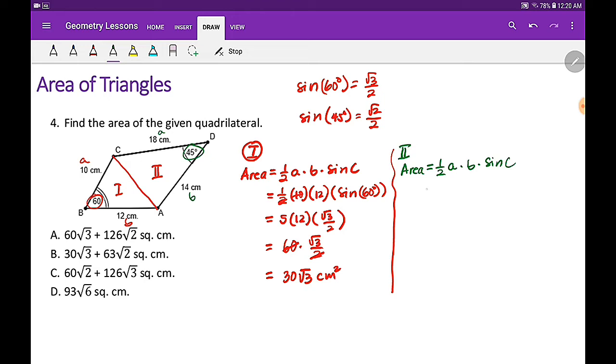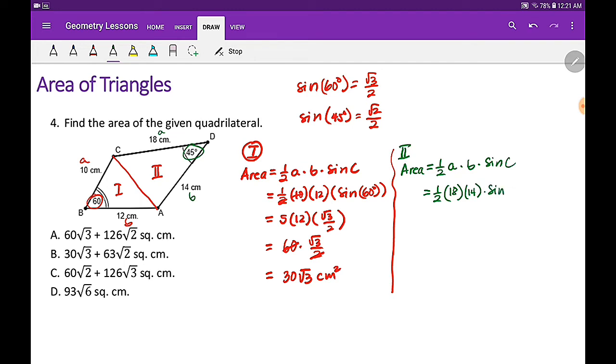Let's substitute: 1/2 times A, which is 18, times B, which is 14. How do you know which one is A and which is B? It doesn't matter. A and B can interchange values as long as they are the sides that include the angle. It's going to be times